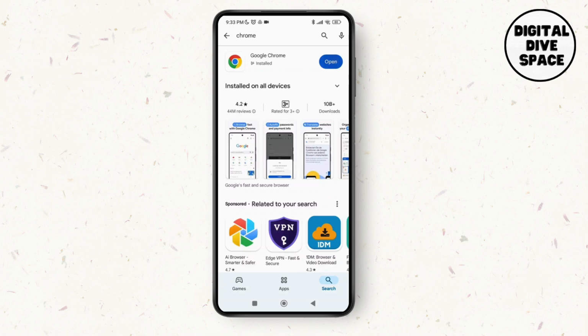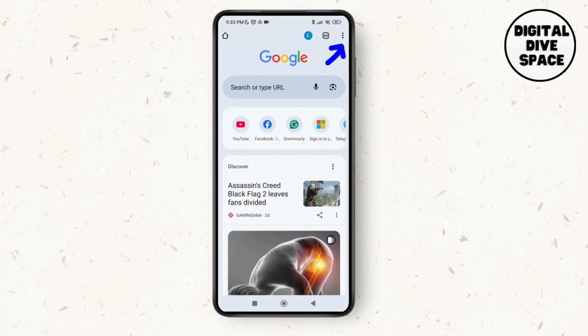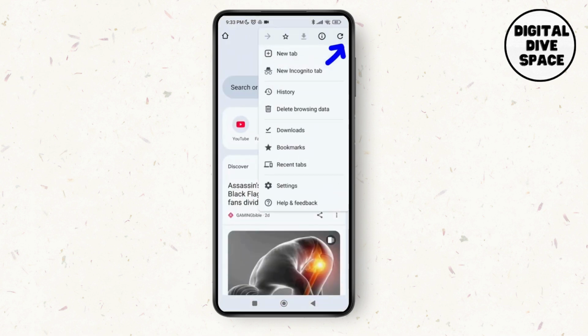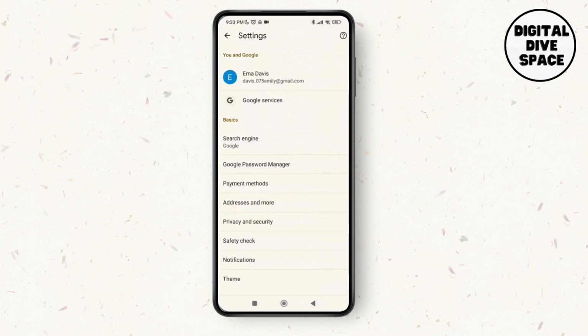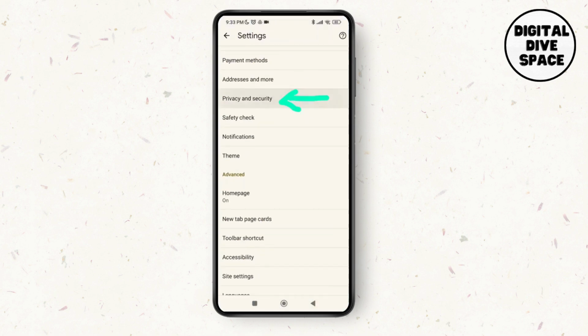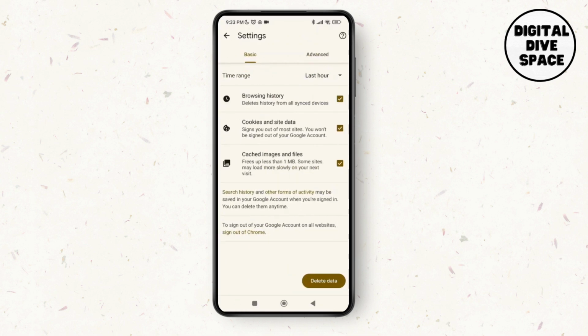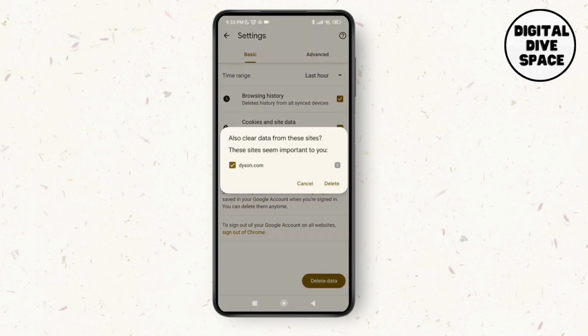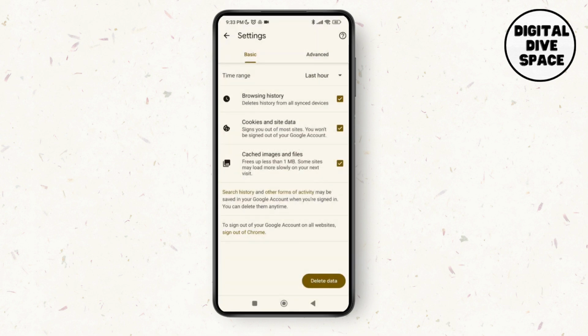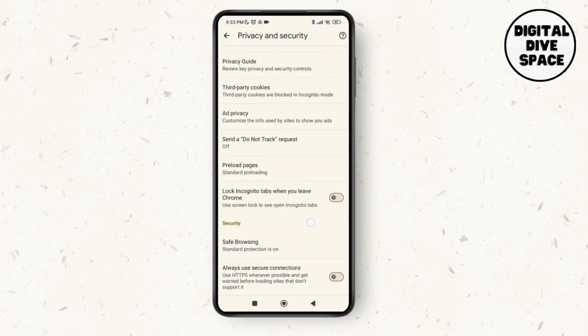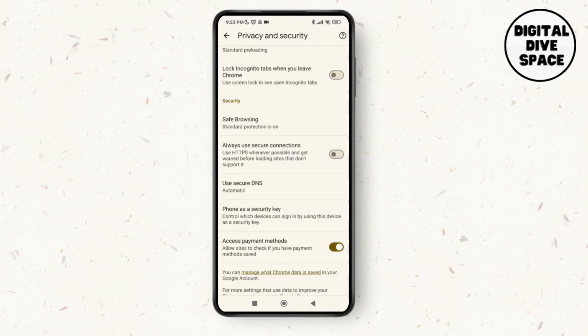After that, tap on Open and launch Google Chrome, then tap on the three dotted lines and then tap on Settings. Then scroll down and tap on Privacy and Security, and then here you can see the option of Delete Browsing Data. So tap on Delete Browsing Data and tap on Delete Data. Tap on Delete again. After that, you can just go back,